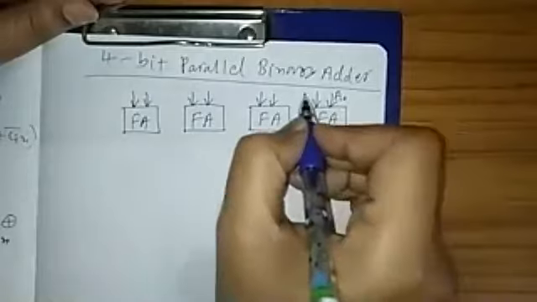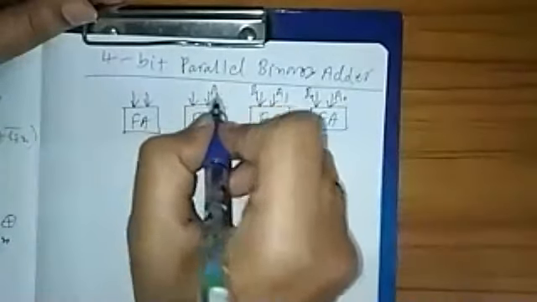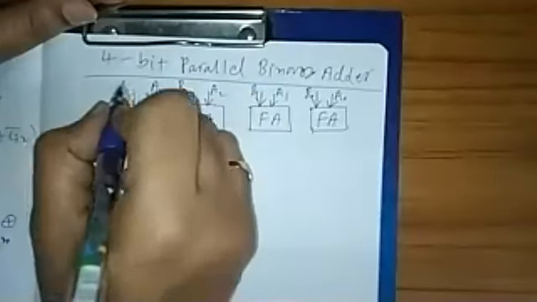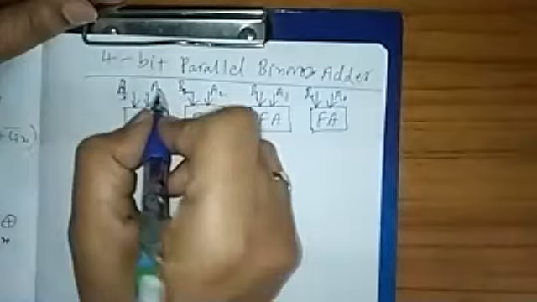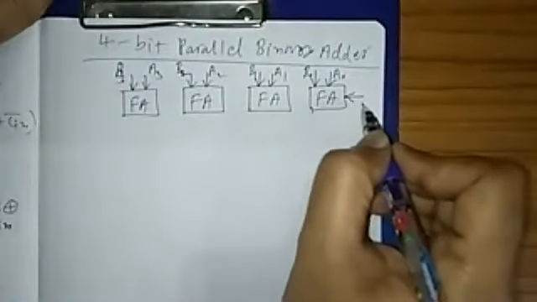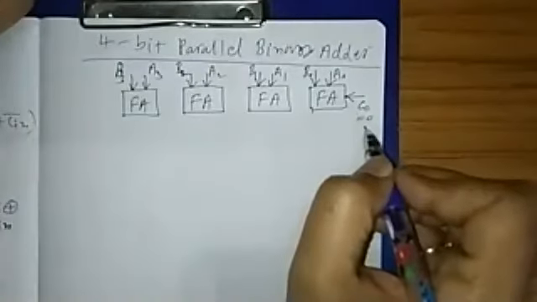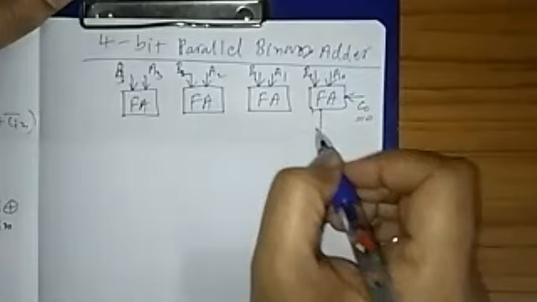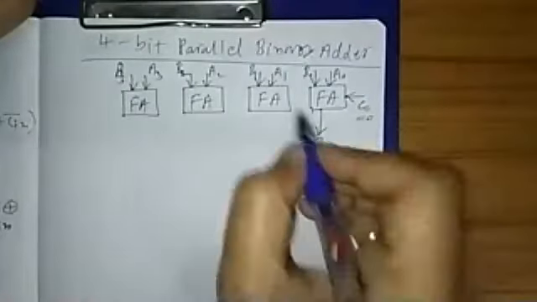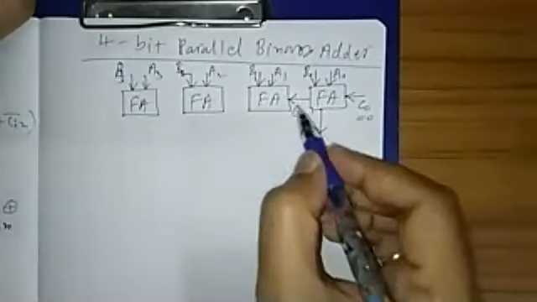Therefore, it is A0, B0, A1, B1, A2, B2, and here it is A3, B3. Two inputs are done from here. Now, for the previous carry, I can make C0 equal to 0 at the LSB bit. Now, what will I get as output? I have the three inputs for the first full adder. The output will be the sum S0 and carry out C0. Okay, now two outputs, three inputs.